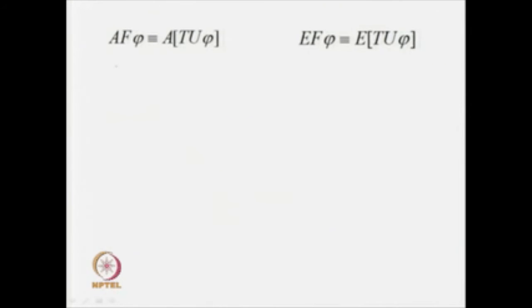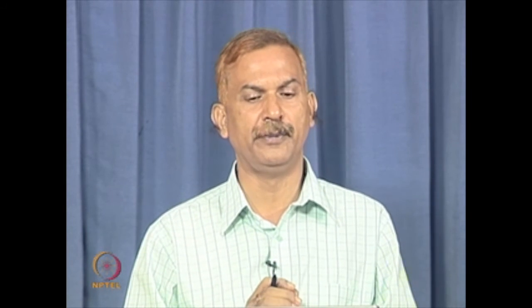One says that A F phi is equivalent to A T until phi, or E F phi is equivalent to E T until phi. Here the symbol T that I have used is basically the top, the root value true. Now, when we defined the semantics of CTL formulas, we saw that all states are marked by the truth symbol true, and none of the states are labeled by the truth symbol false. So, what does it mean? That means true is true everywhere. This is the notion that we have while defining our semantics.